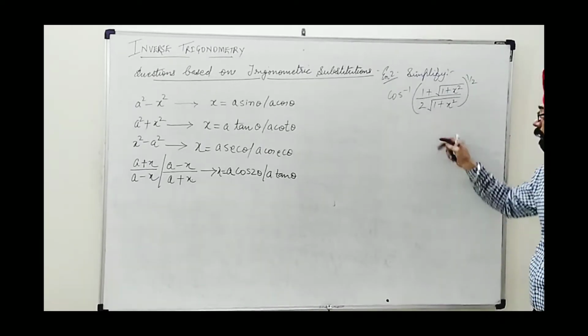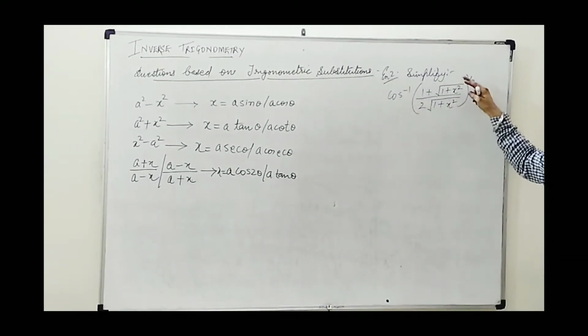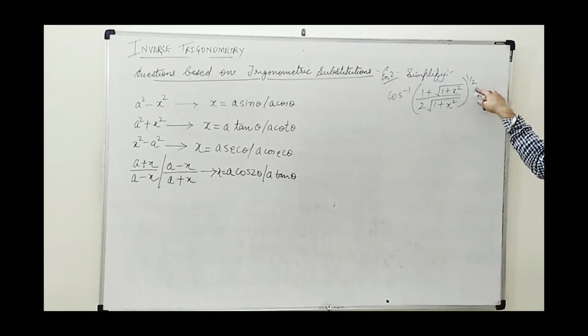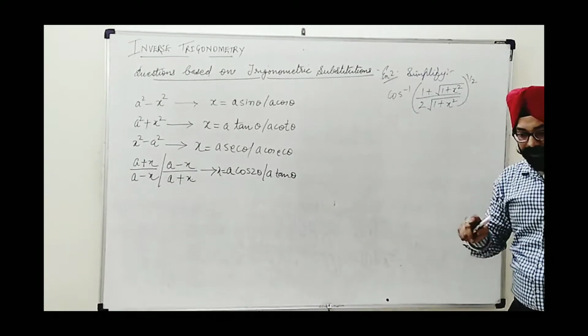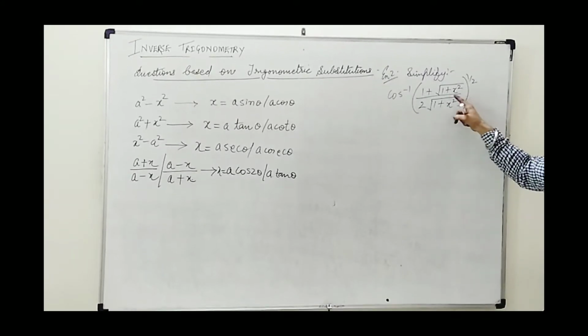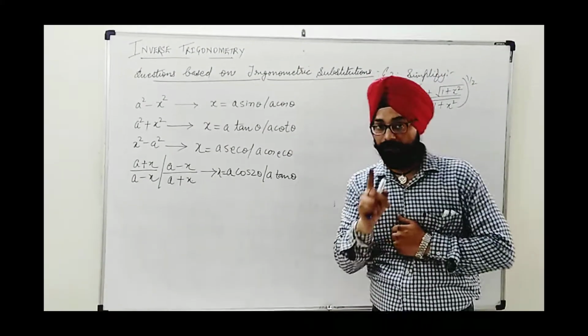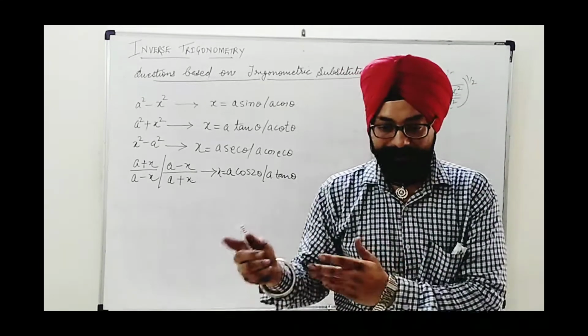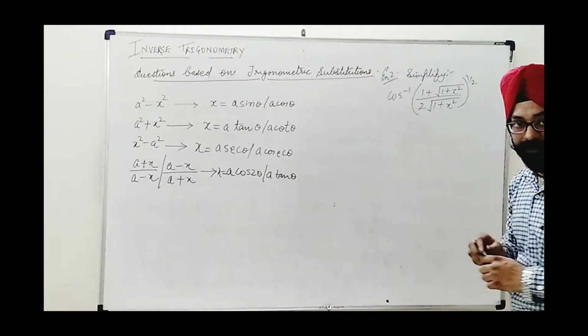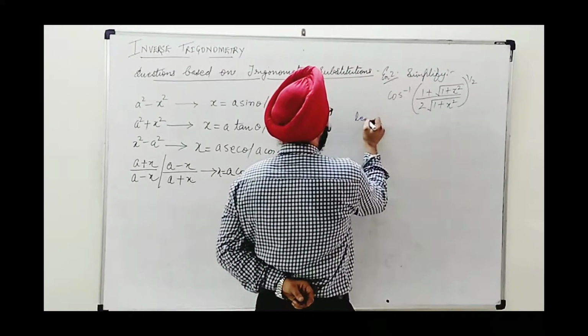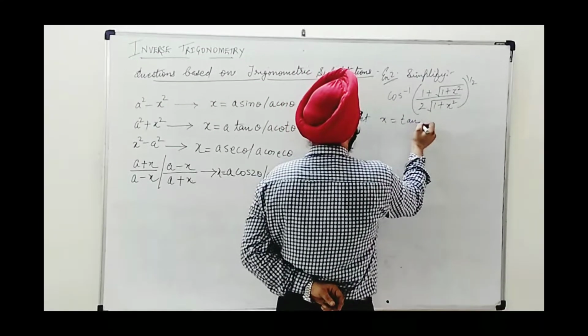Here is example 2. It's of cos inverse. The angle is given as (1 plus under root (1 plus x square)) upon twice of (1 plus under root (1 plus x square)), and the whole raised to the power 1 by 2. Now as I said, when we are given a square root expression, see the pattern inside. It is 1 plus x square, which can be compared to the second pattern. Obviously the value of a here is 1. So we will replace x by a tan theta, meaning 1 tan theta. Only tan theta will be taken to simplify the expression, so we write here: let x be equal to tan theta.